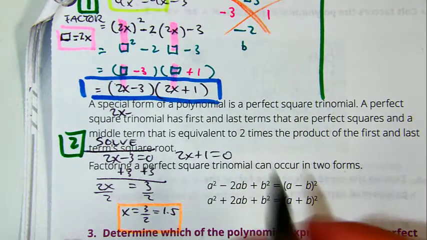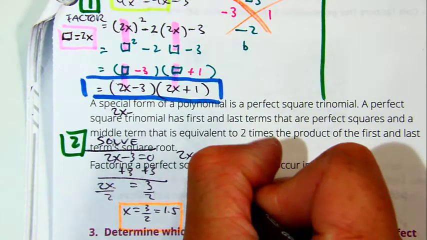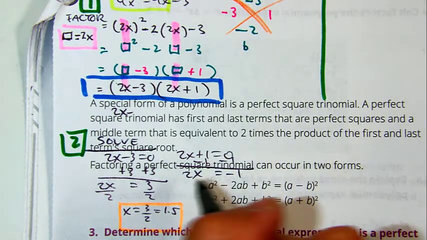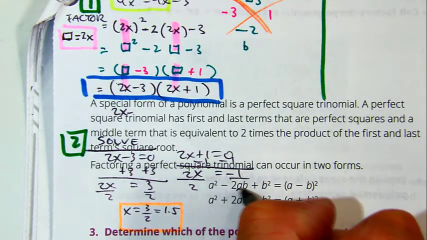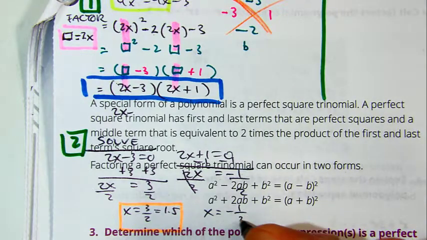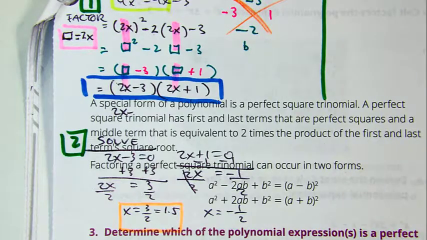And then I'm going to do the same thing over here. I'm going to subtract 1, so I get 2x equals negative 1. And divide by 2. You're going to get x equals negative 1/2. Or if you put that into your calculator,